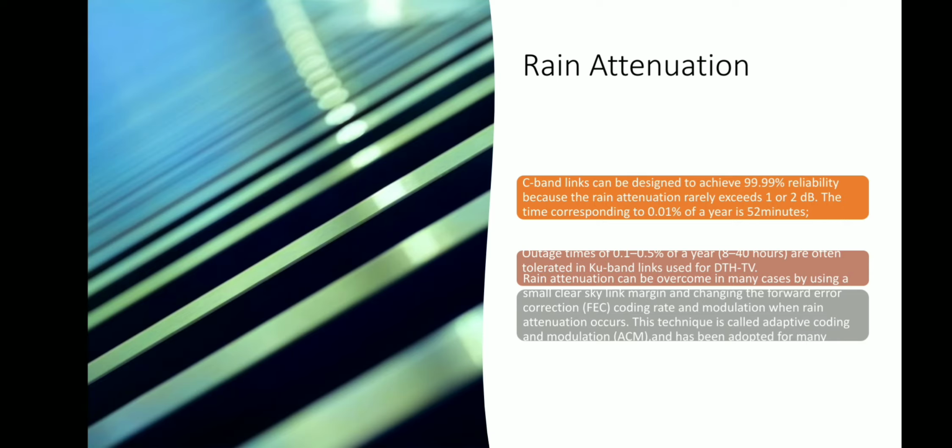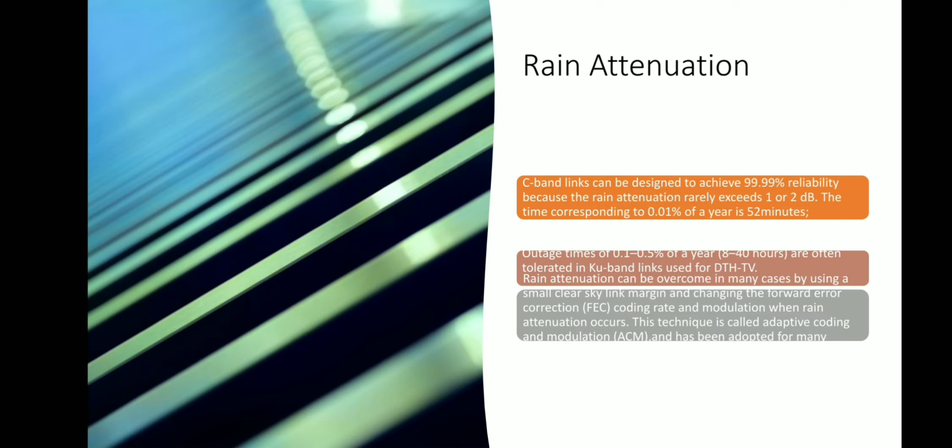And why we are interested in Ku band here is because Ku band is the range of frequency where we are using DTH TV. So what is the outage time in that band? It is from 0.1 to 0.5%. So if you compare with the C band, we have actually increased the tolerance, because the rain attenuation itself in this band is comparatively high, and if we don't increase the permissible outage or the tolerated outage, then we'll not be able to reduce the cost of that satellite.